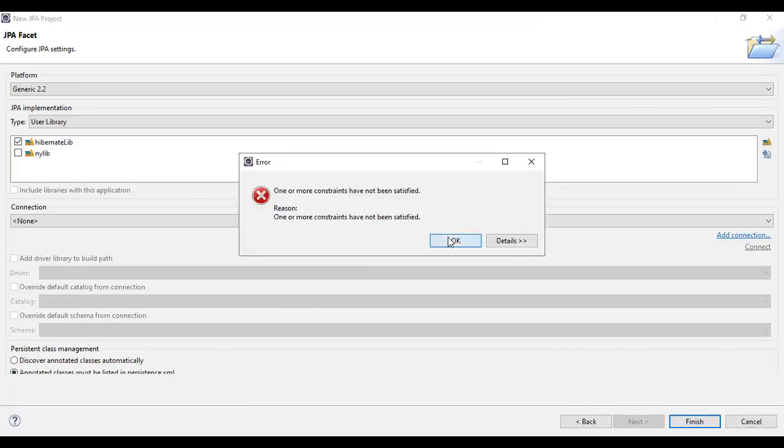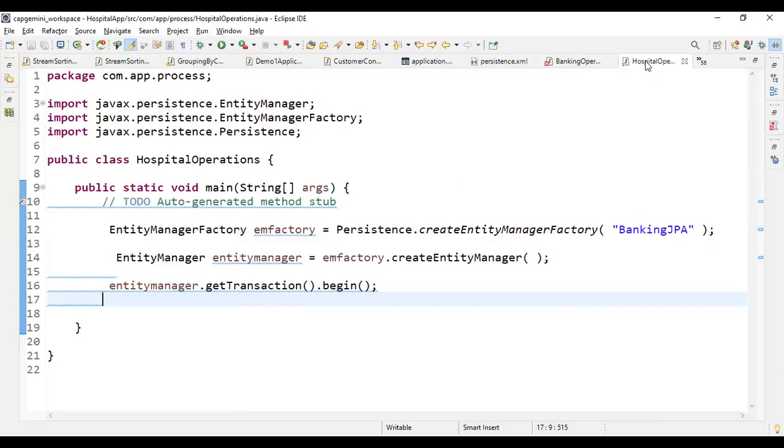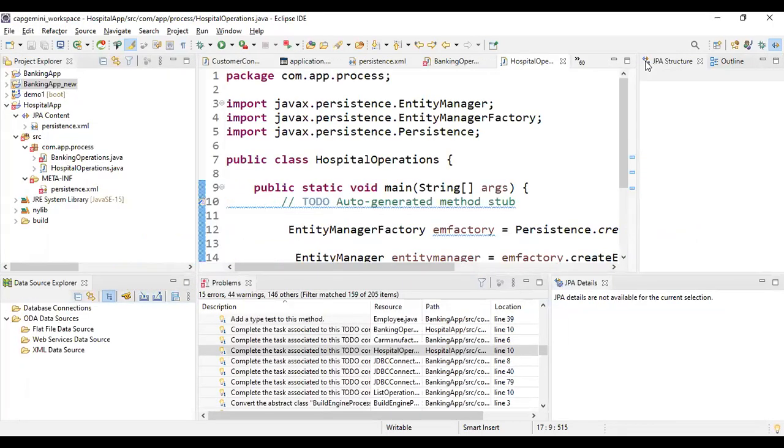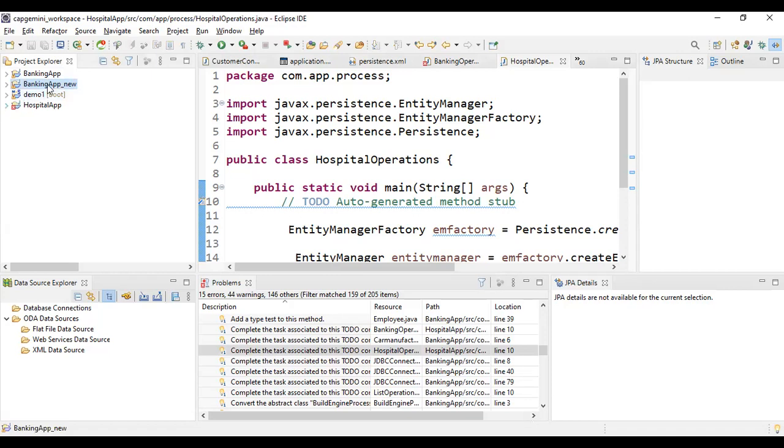Click OK. Okay. Still you will get that pop-up, but ignore that pop-up. So you will get that banking app new. Once you get that banking app new, if you see, this is basically we are working with plain